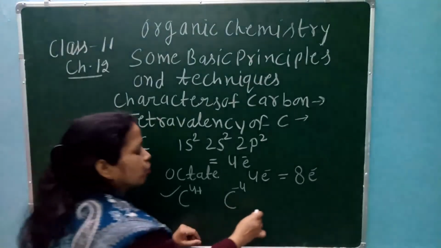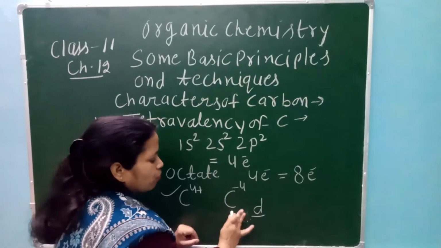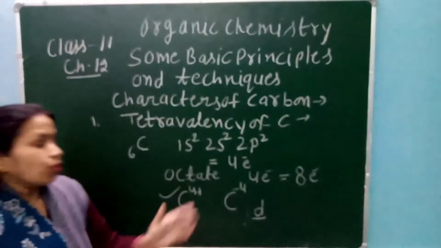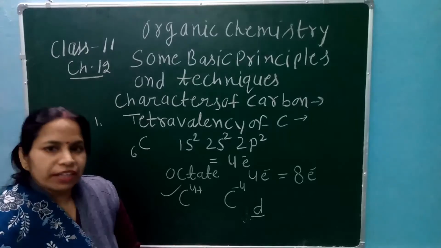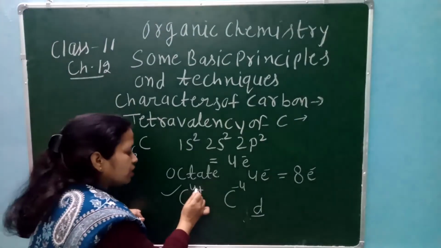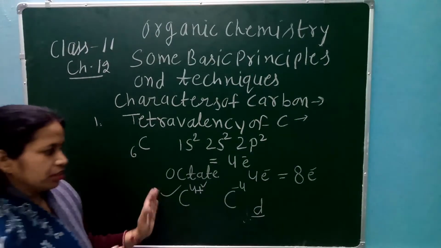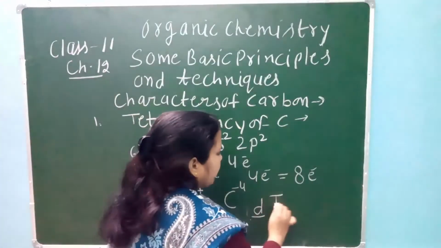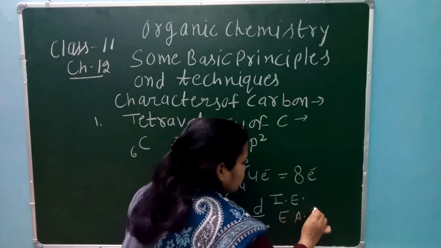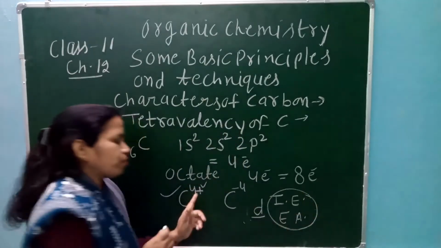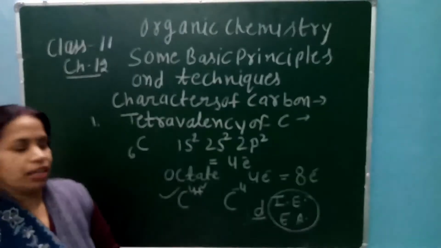There is no vacant d orbital. यहाँ कोई वैकेंट d ऑर्बिटल नहीं है. 2d is not possible. तो कार्बन अपनी वैलेंसी को एक्सपैंड नहीं कर सकता because there is no vacant d orbital. And 4 plus charge, this high charge density can't be handled by carbon. For this, high ionization energy and high electron gain enthalpy are needed, which is not possible. So C4+ and C4- cannot be accommodated by carbon.